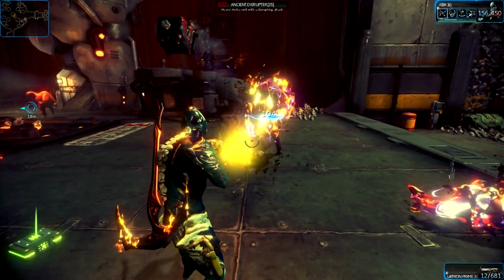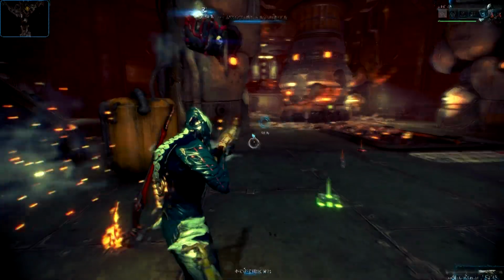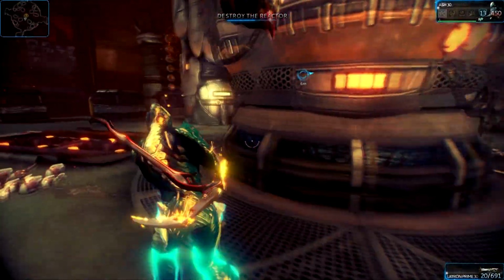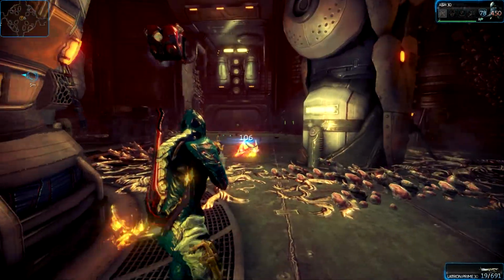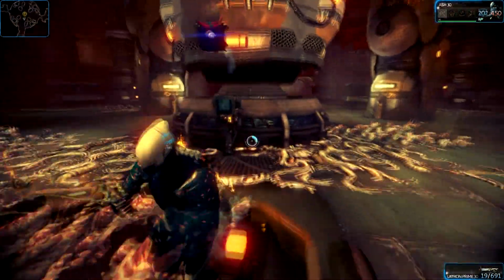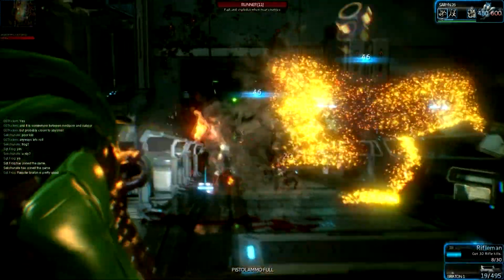Last but not least, there are the Infested, which are a little bit more simplified than the other types of enemies in the game, and are almost exclusively melee. The Infested have different types of melee units such as Leapers, which are capable of jumping across the screen, Runners, which are kamikaze type units and will explode when around Tenno,